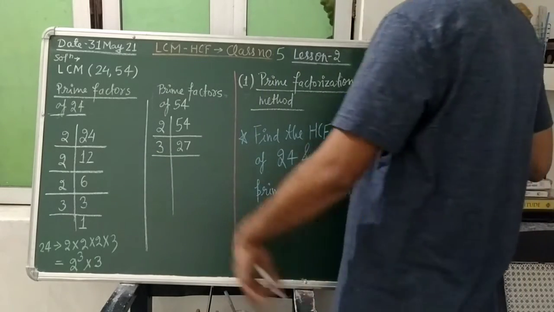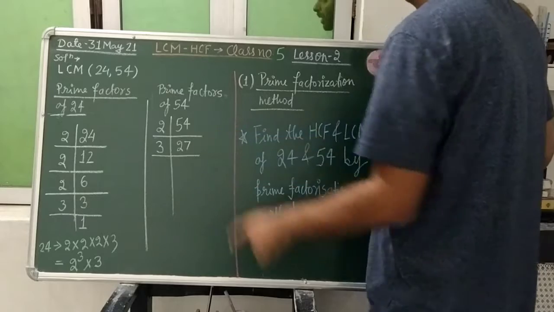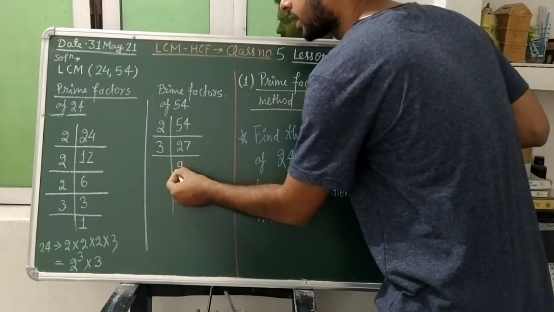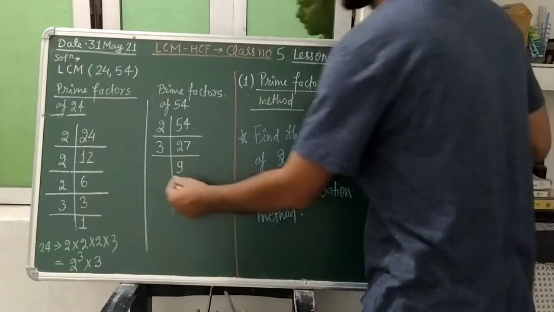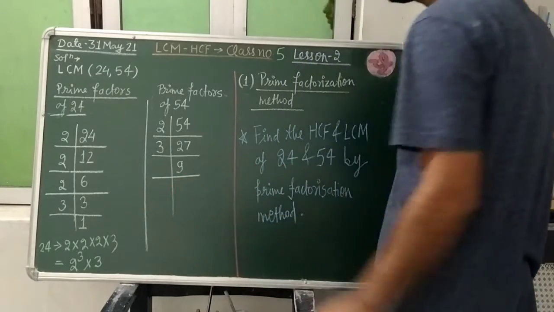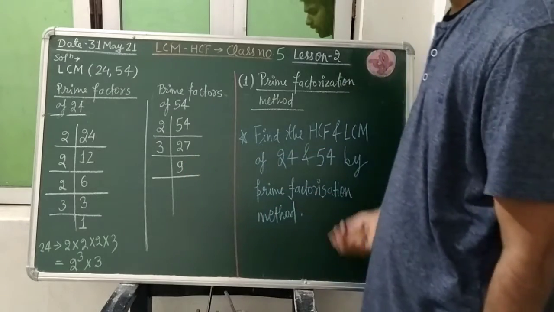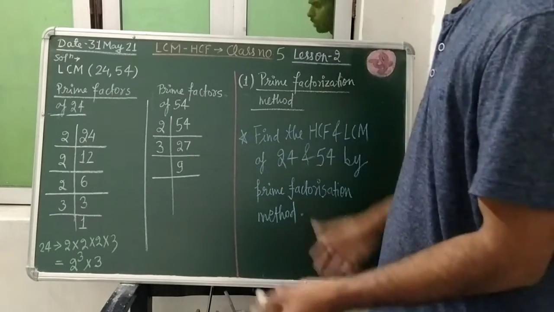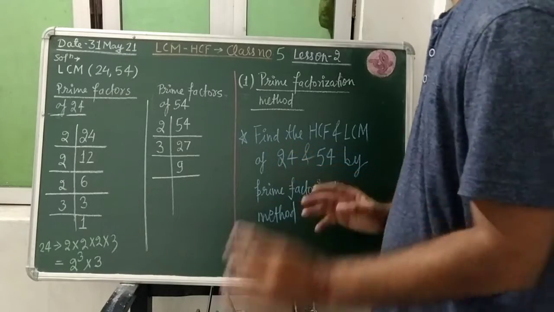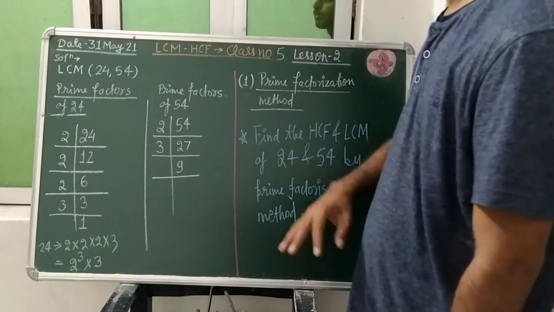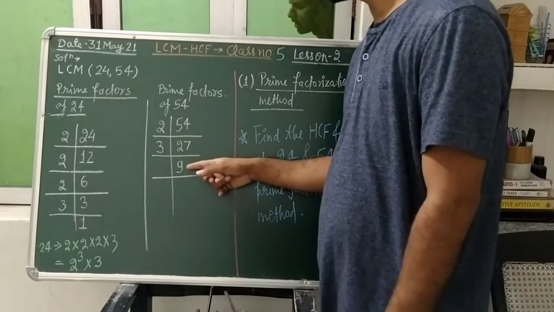And of course, how many times will the 3 go into this 27? 9 times, 3 nines are 27, so the quotient you will get is 9 and the remainder you will get is 0. So again 9 will come, which is a composite number, students. So for a composite number, 1 we shall not select. When we are talking about the prime factors, we shall start from 2. So whether 2 is going to divide this, students.